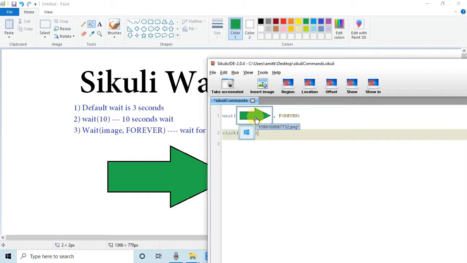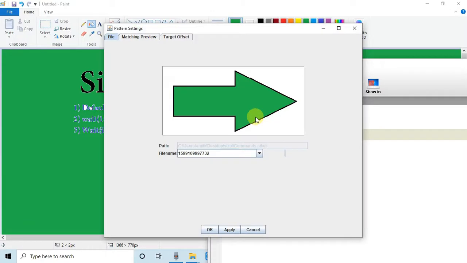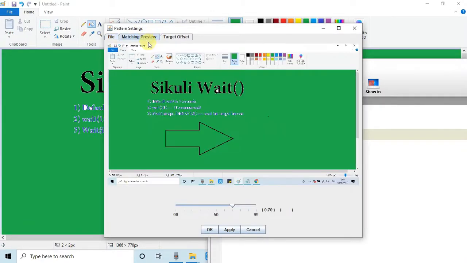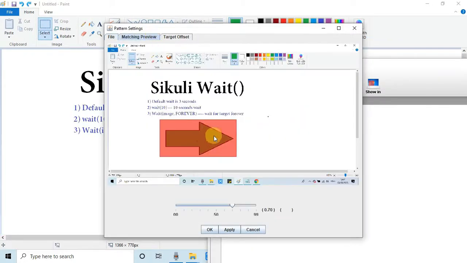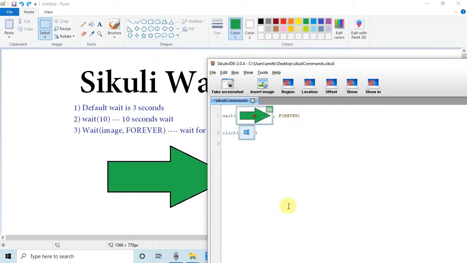So Sikuli will wait for the green arrow forever, and continuously check for the green arrow on the background screen. Once the green arrow is found, it will come out from the wait state. One more thing we have to do is change the similarity index to maximum. I have set it to 95%.